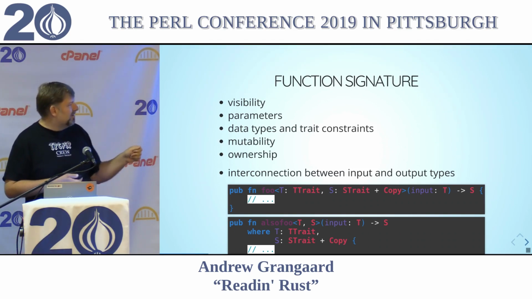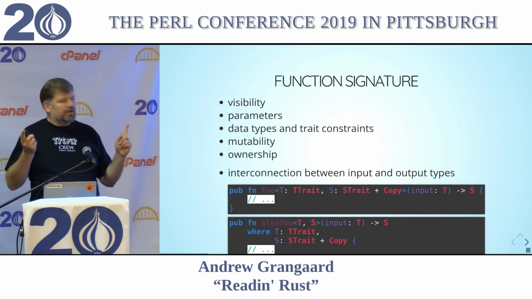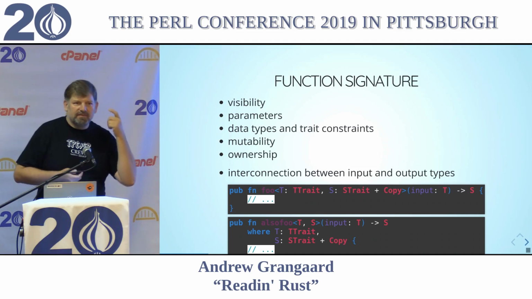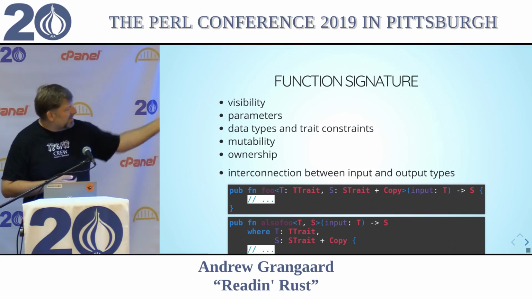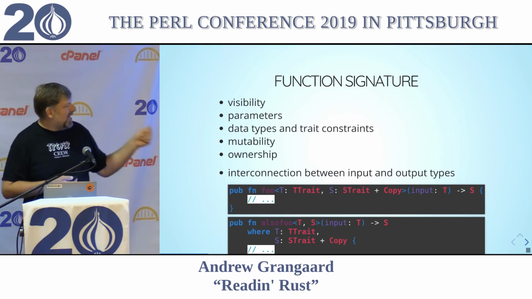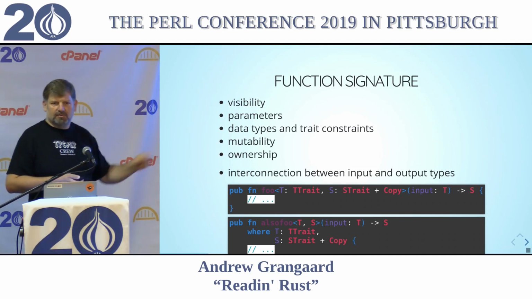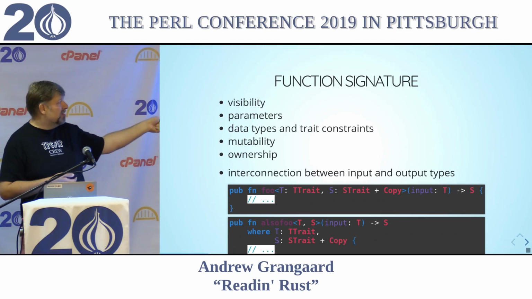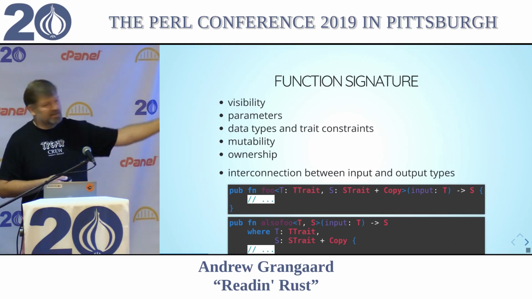And then we get to our parameters. The order is reversed from C, so it's the variable and then the type. So this function then takes a parameter named input of type T and will output a type S. And then there's the function. They don't actually have a yada yada operator, so this actually would not compile because this function doesn't have anything that it returns, and it's supposed to return an S.